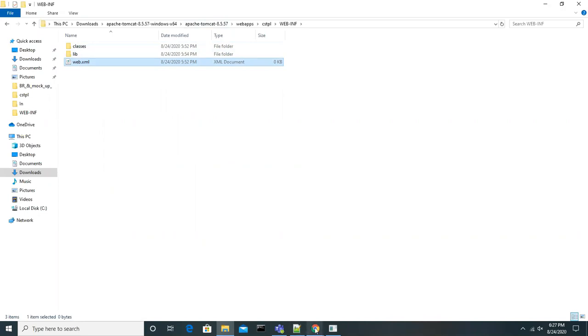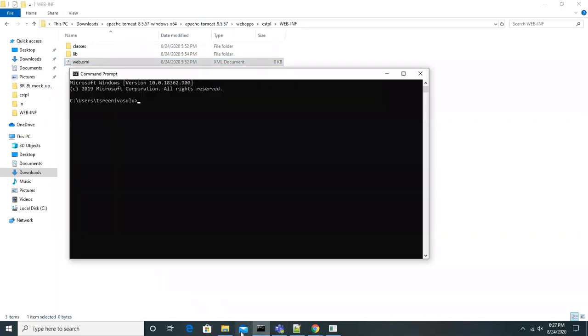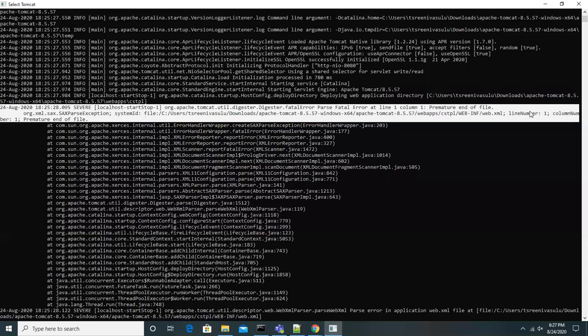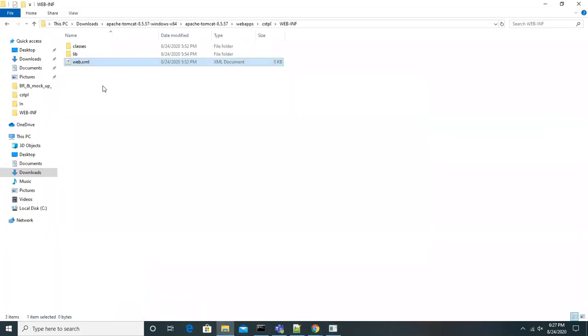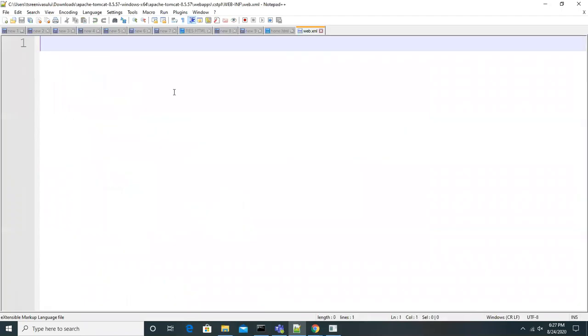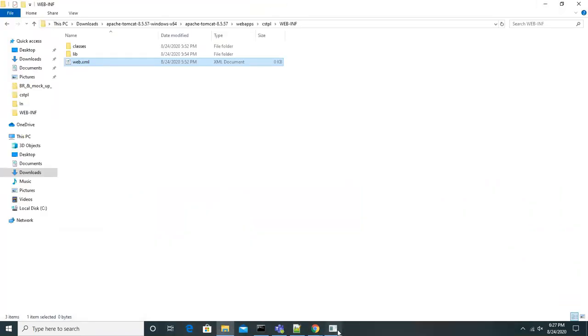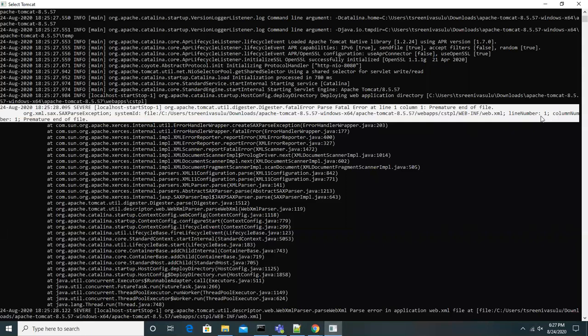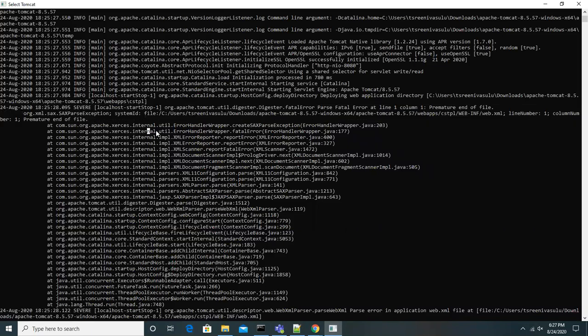The moment it starts doing that, the problem is it is telling us premature end of file. It is trying to read something, but unfortunately the file doesn't have anything. Nothing is there. And line number 1, column number 1, premature end of file. So it got an exception.